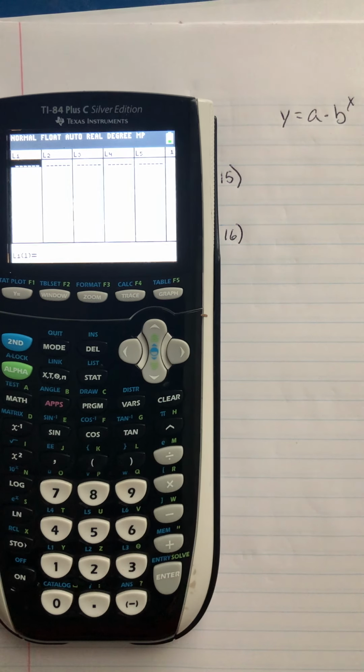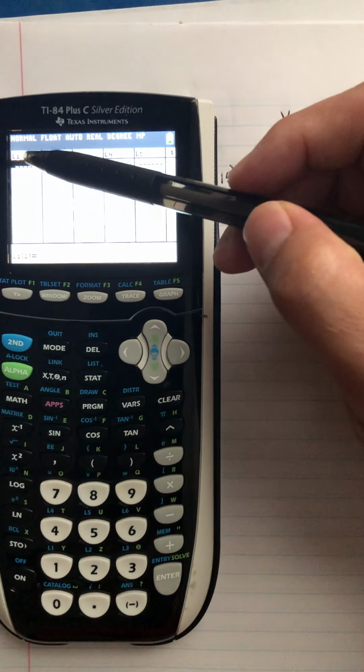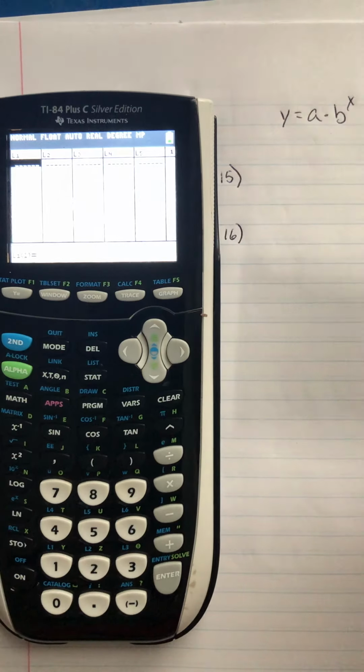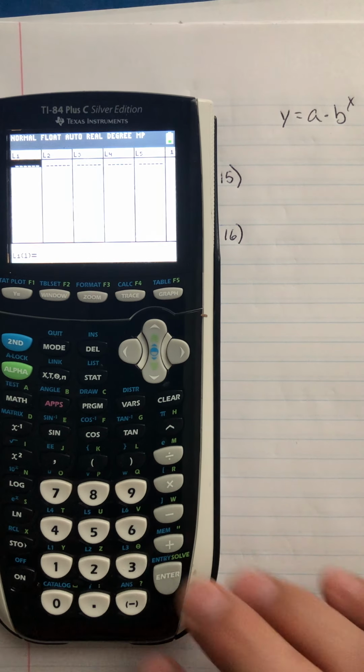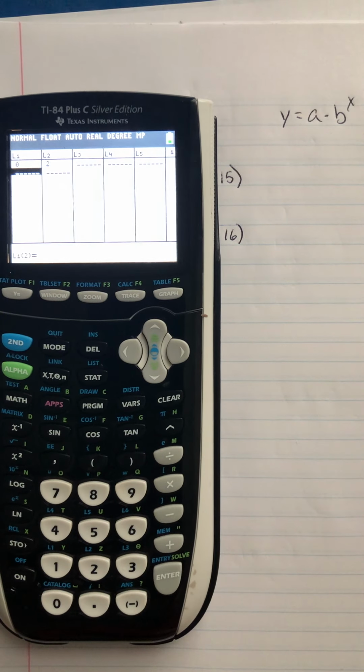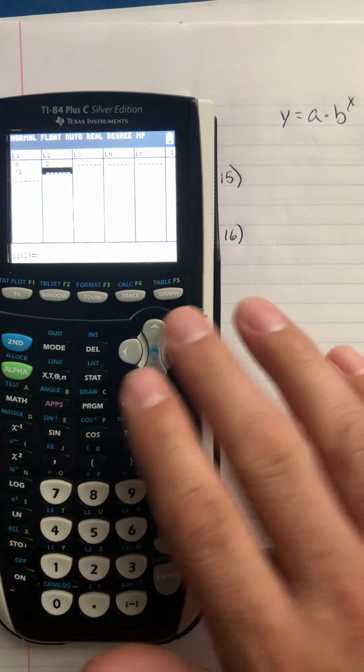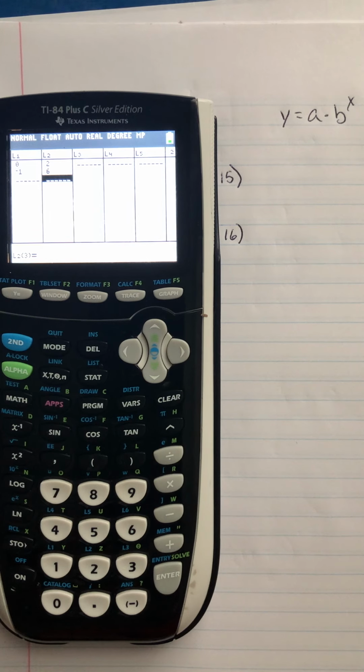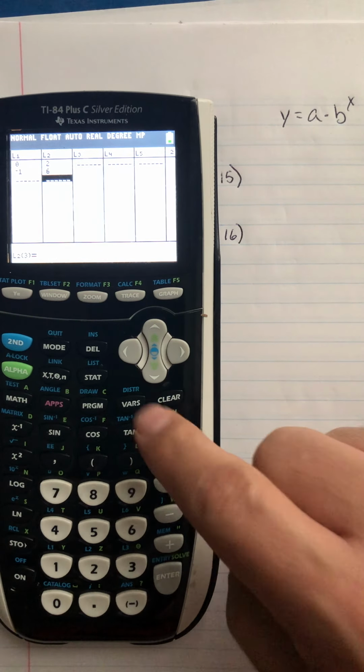Okay, so we're going to put in those x values. X values go into L1, y values go into L2. So the first point we have is at 0, 2, and the second point we have is at -1, 6. So we put all the points that we have into stat edit right here,